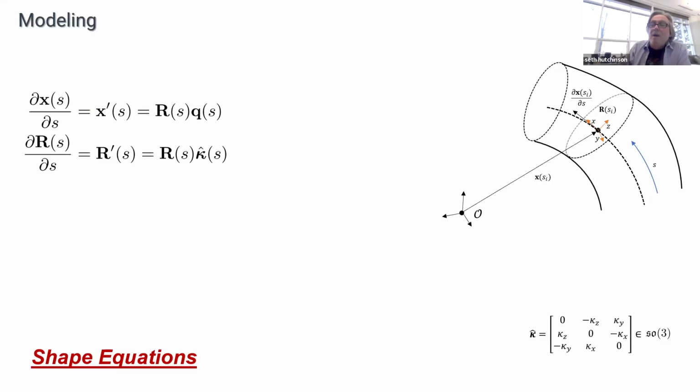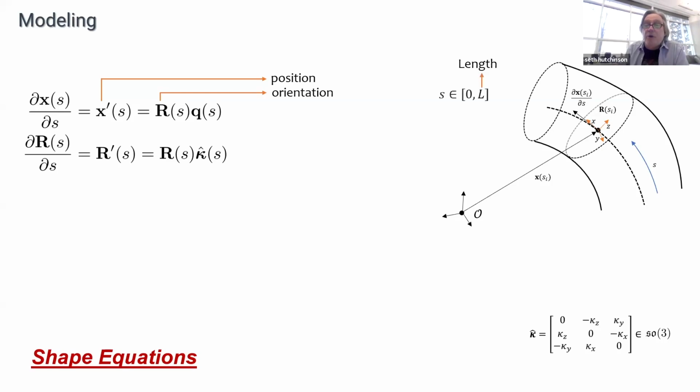Well, the way you model that is you put a spine through the robot from start to end, and you characterize what's happening at each point along the spine, right? So you define a coordinate system. It's just the usual kind of frame that you may have seen in a differential geometry class. You have a position along the curve, an orientation at each point on the curve. You have the overall length of the robot being parameterized by some distance parameter S, and you have stretching and shearing. So Q here is stretching and shearing strains.